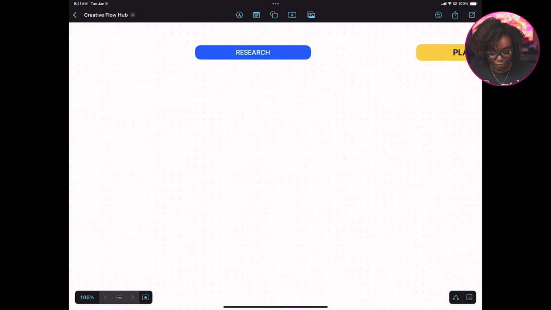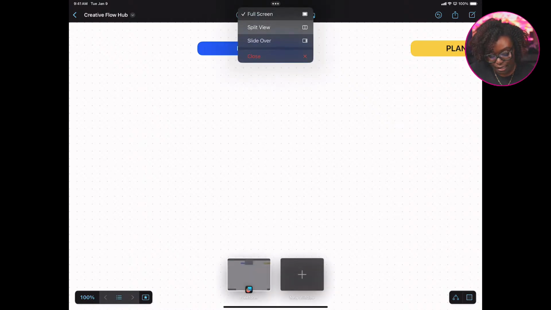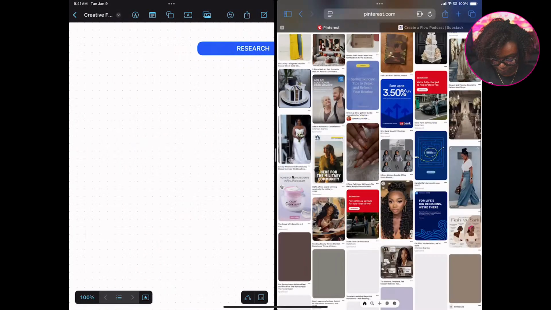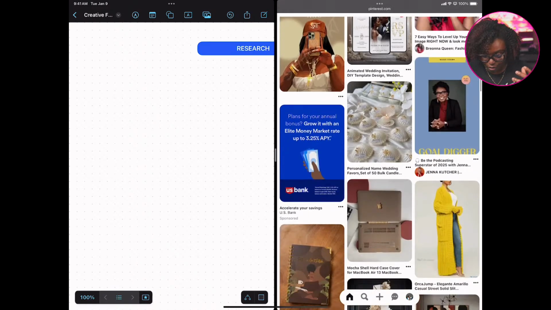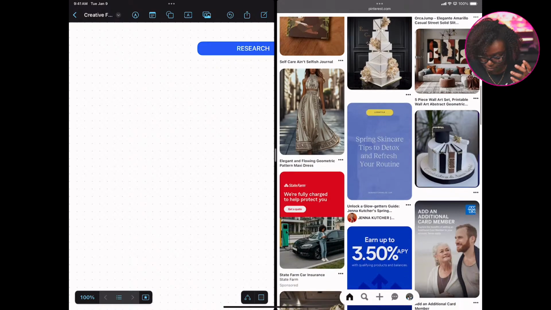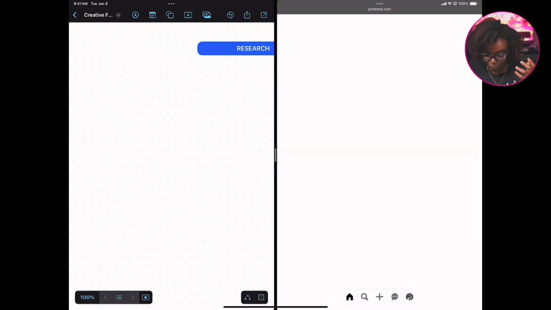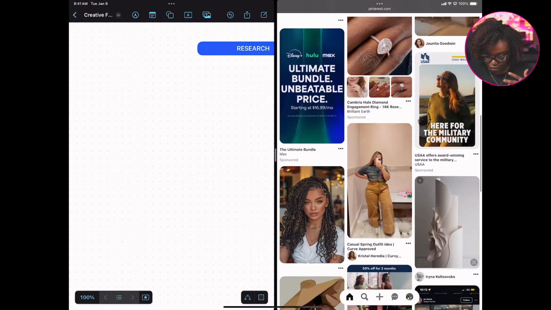Now, in this case, this is what I would do. To the top center of my iPad screen where I have these three dots, I'm going to actually split my view. So if I split my view and I go into Safari, if you're on Pinterest and you're looking for ideas, let's say, for example, I'm that girl that likes nails, or I'm creative in terms of lifestyle, I'm looking for different